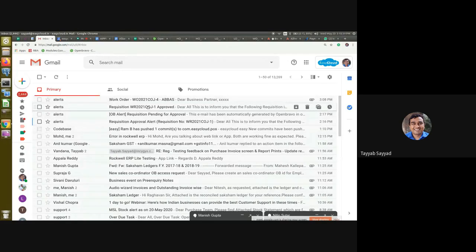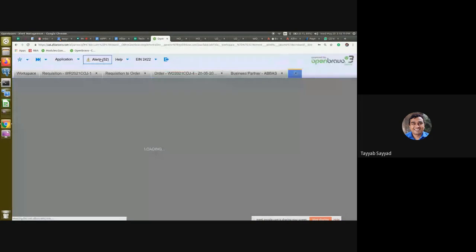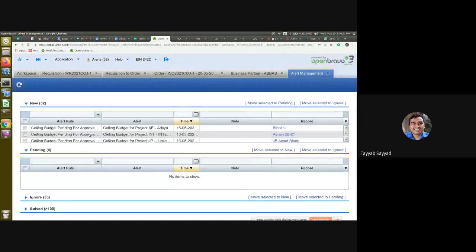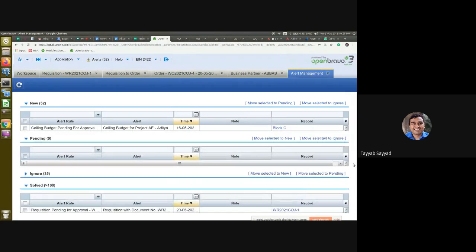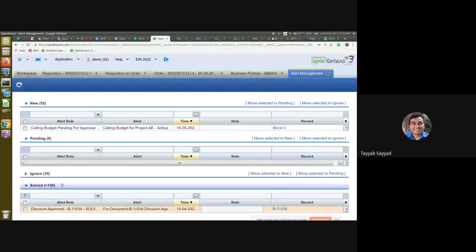You'll get the email alerts as well as the system alerts over here to go and see whether that record is there or not. And once it gets approved or anything, that goes into the solved items, under this one.